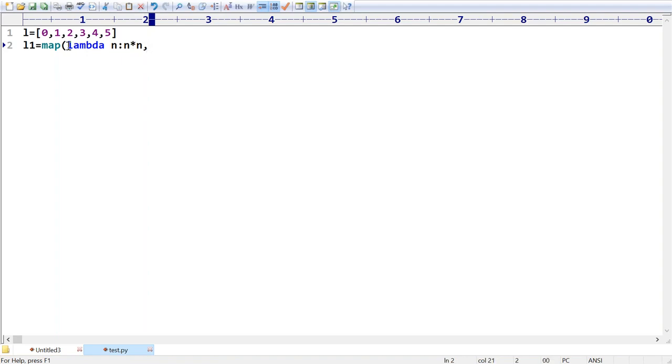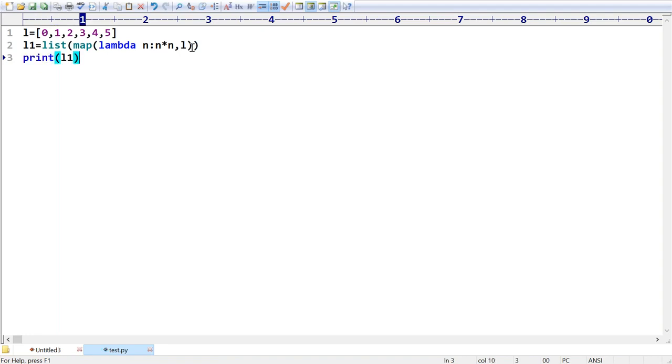Comma, this is the lambda function, and then the elements present inside L1 to which you have to apply it. But this is going to return a map object. That's why let me typecast and convert it into a list object. Print of